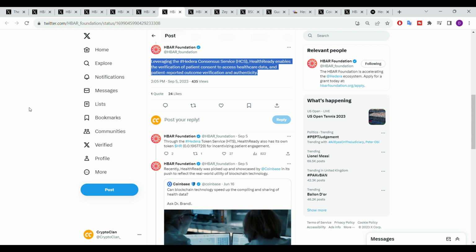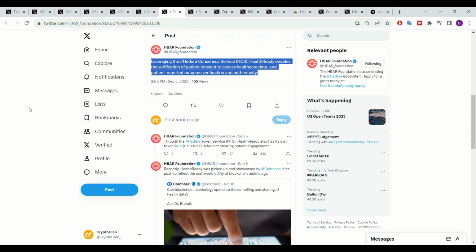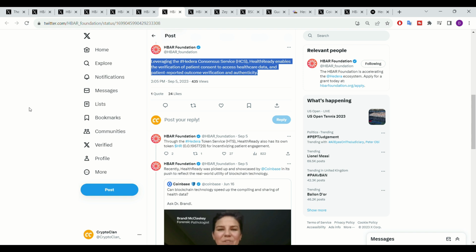So very exciting all around for Hedera and for Health Ready, and what these use cases could have in terms of the wider healthcare marketplace, and how this could impact the utility of Hedera's network, especially in regards to the versatility offered by Hedera's consensus and tokenization service. So, as well as Hedera's active involvement in the healthcare industry, Hedera is set to feature at a blockchain confluence